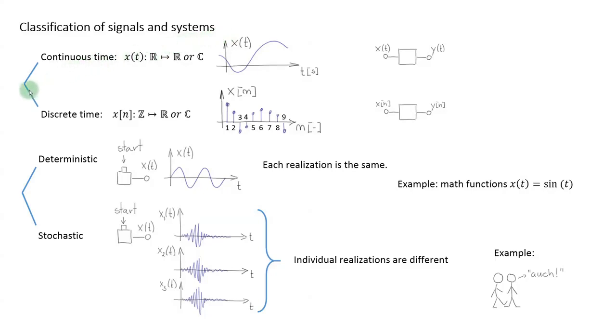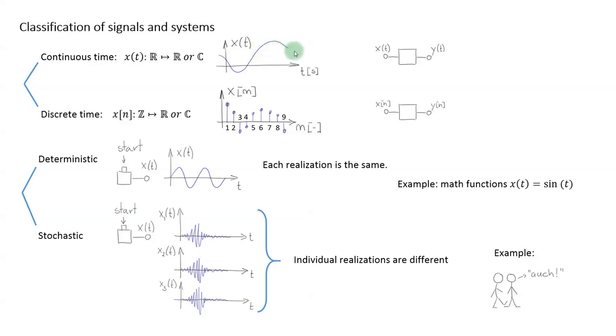First, we can classify both signals and systems as either continuous time or discrete time. The continuous time signals are essentially functions defined on real numbers, which usually represent time, and their values can be real or complex numbers. So when you plot a continuous time signal, it can look like this: a real function